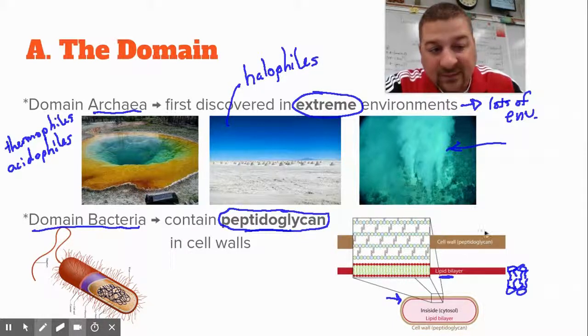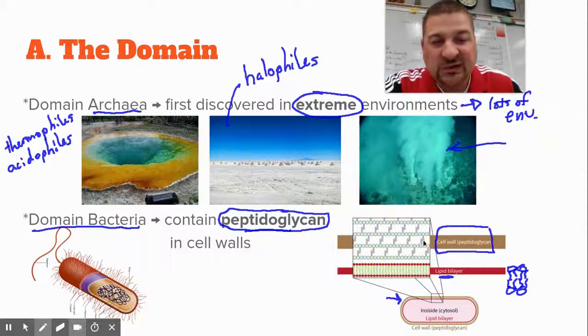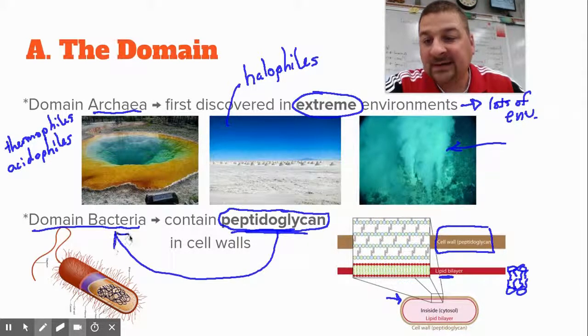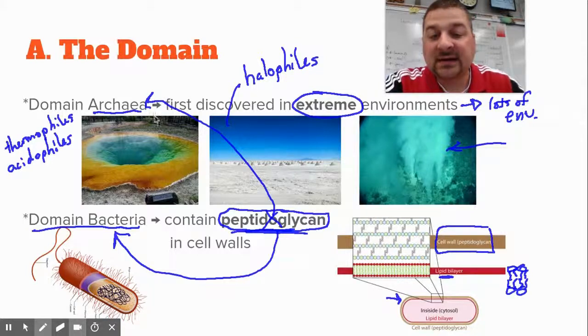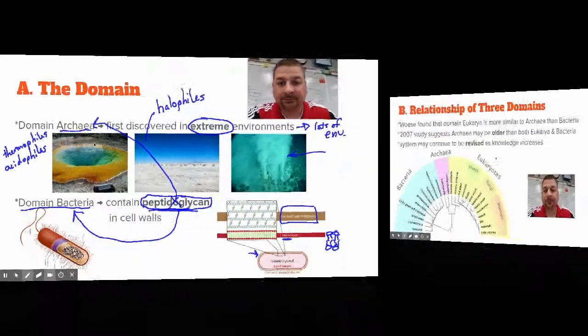On the outside of the cell membrane, they have a cell wall with this protein sugar stuff called peptidoglycan. So one easy test scientists can do, if they find a new bacterium and are trying to figure out what it is: if there's peptidoglycan there, it belongs in kingdom eubacteria and domain bacteria. If there is no peptidoglycan, then it belongs in kingdom archaebacteria or domain archaea.